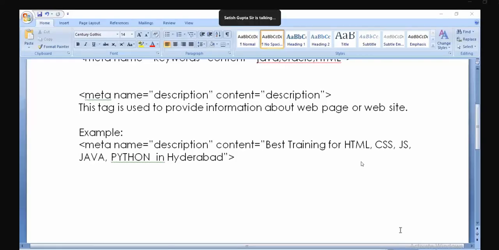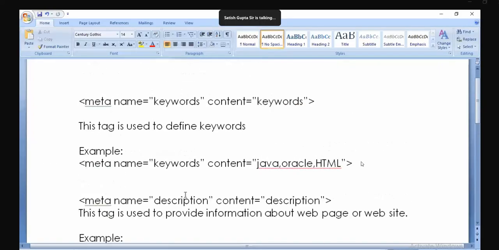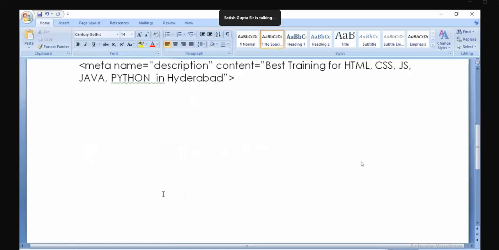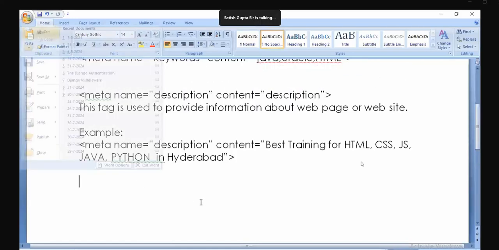Viewport is not a keyword. It is a value. It is a value, right? Yes. The next is, okay,